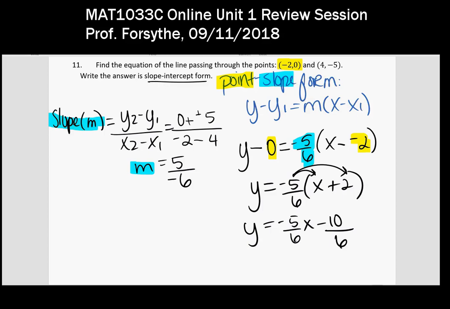And then we want to simplify and reduce our answer, so we can simplify and reduce this fraction here. So 10 and 6 can be divided by 2. So 2 goes into 10 5 times, and 2 goes into 6 3 times. So your final answer will be y equals -5/6x